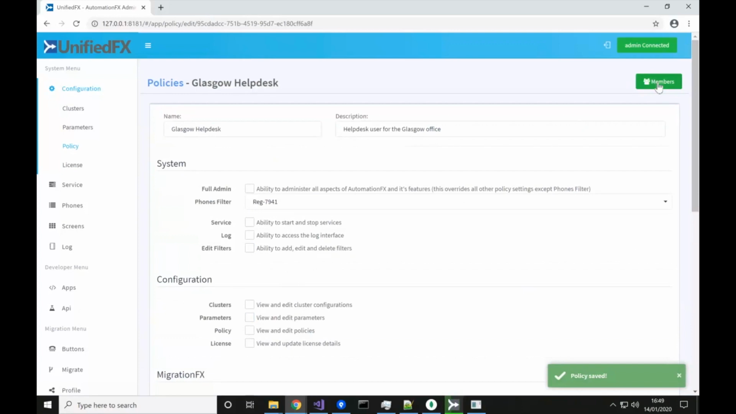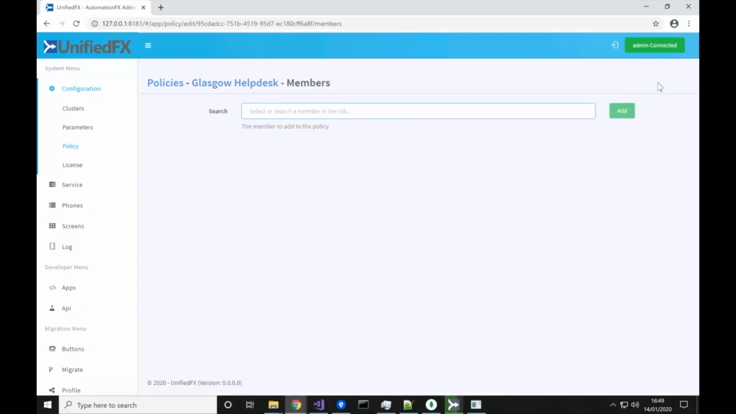So when I click members, we can see from a breadcrumb perspective I'm in the policies page, I'm inside the Glasgow Help Desk, and I can now add members to this help desk. So if I find Mohammed,